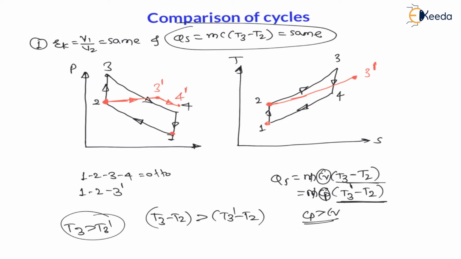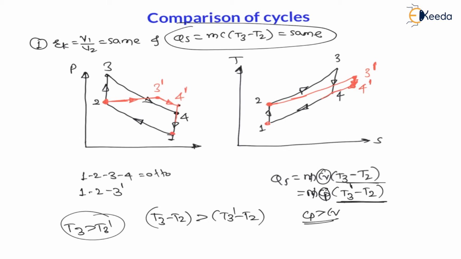Now this 4 is the bottom point, my dear students. Let me clear this. 4 is here, and 4 dash is the red color point. Now 4 dash goes again back to 1. Therefore, on the TS diagram, 3 dash to 4 dash is the constant pressure process, which will extend here to 4 dash, and 3 dash to 4 dash will be like this.